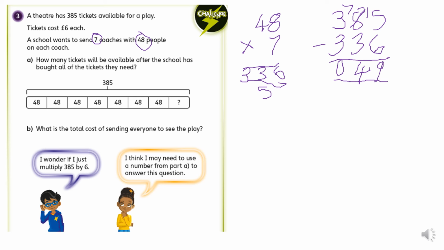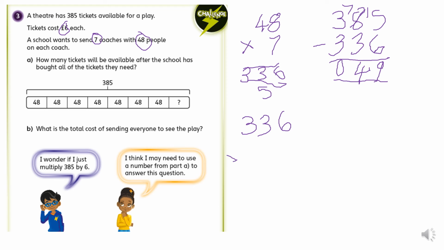And then it says B. What is the total cost of sending everyone to see the play? So we need to go back up here to the top of my information. The theatre has 385 tickets for a play. Tickets cost £6 each. Now, we know that the school wants to send 336 people because we've just worked that out. So we need to do